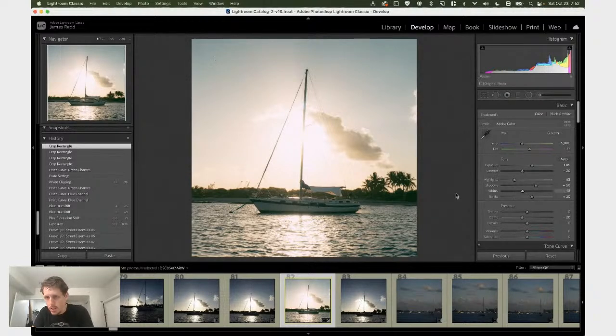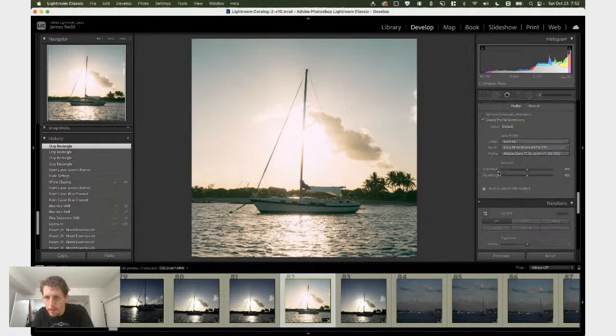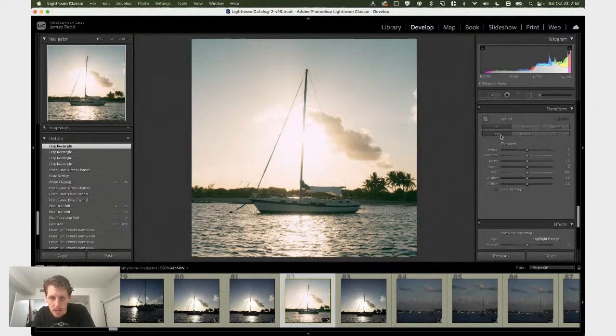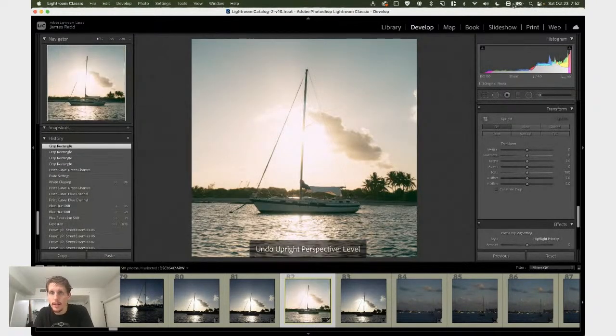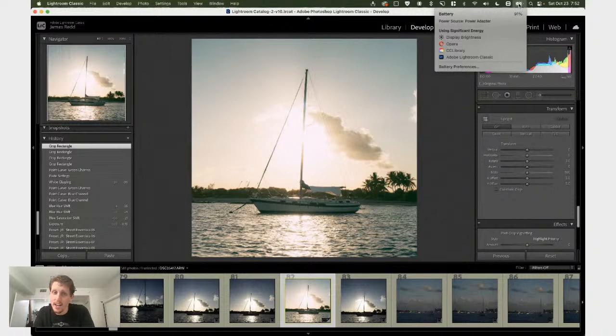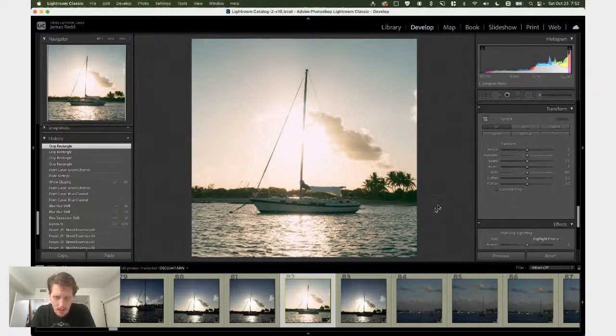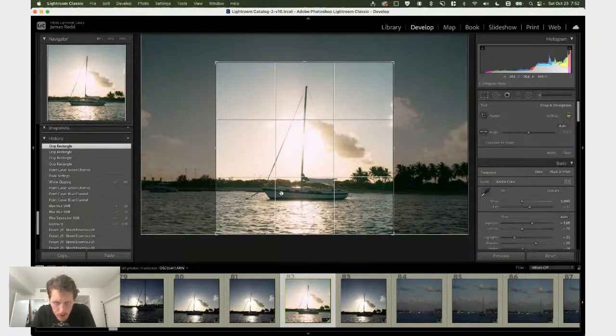Let's see if there's any straightening that can be applied. Oh, perfect. So sometimes Lightroom has an aneurysm when I decide to straighten the photo, and this is one of those. It's like, nope, you're getting a Dutch angle. Let's see how straight it is, though. So if I take this,